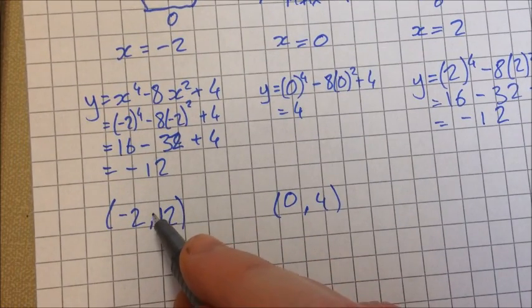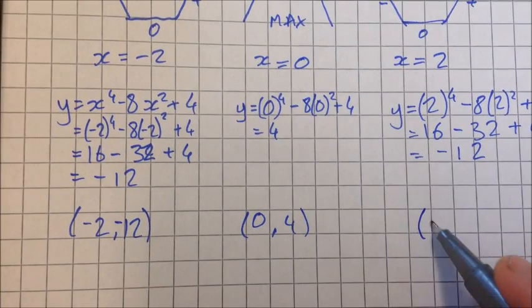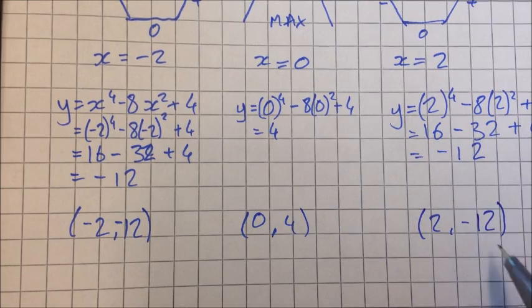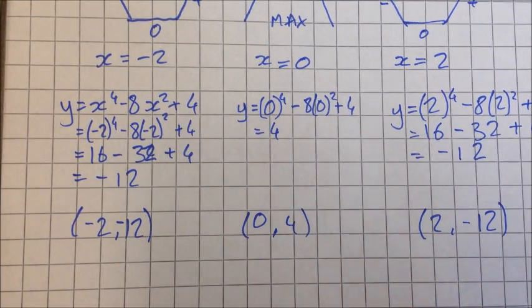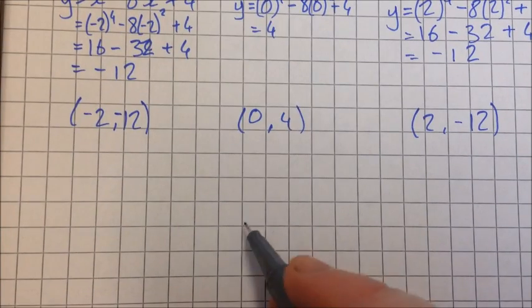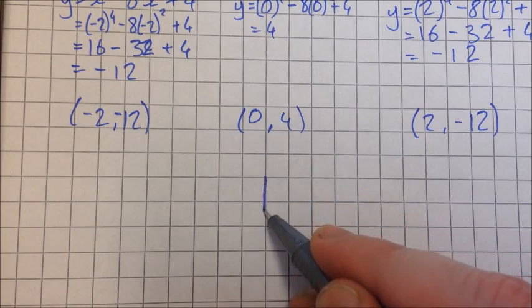Oh, sorry, that should have been negative earlier on as well, shouldn't it? So it's 2, negative 12. I suppose it's because all the powers are even. We get the same value either way, don't we? 2 or negative 2. So if I was to draw this graph,